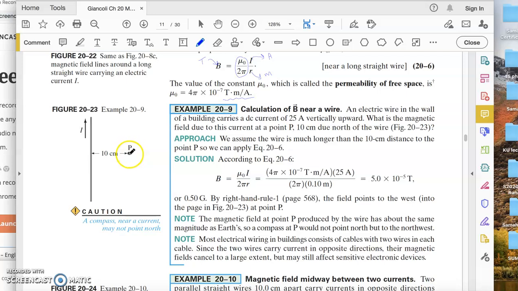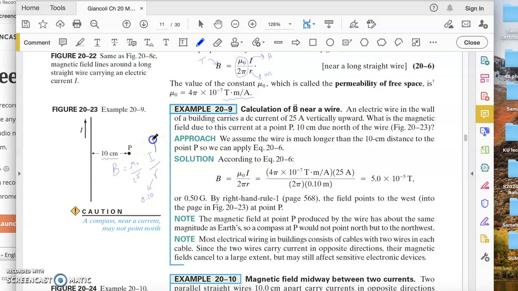All right. So we want to find, you see, this is a wire in a building. It means it's a long wire. And he's asking literally the magnetic field 10 centimeters far from the wire, which is a very small number. So we say the magnetic field at point B is equal to mu naught over 2 pi, I divided by R. What is R? You have to convert it into meters. So it's 0.10 meter,